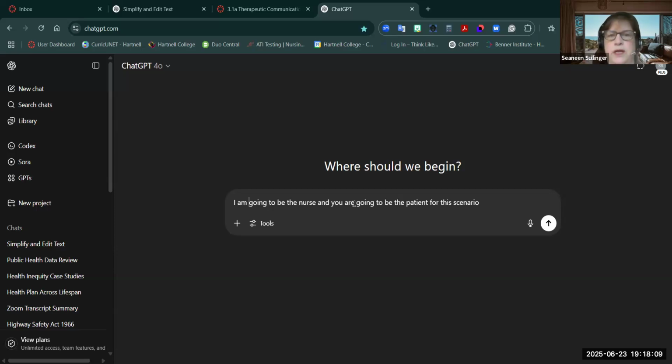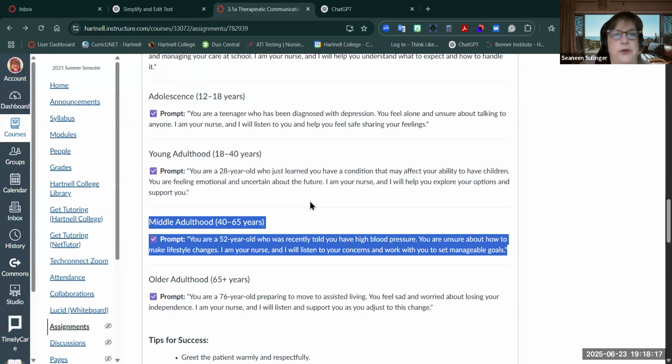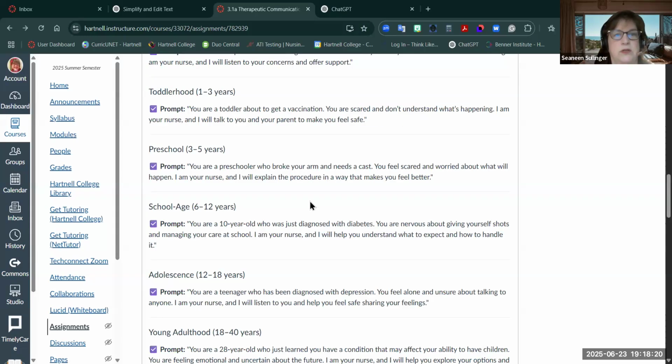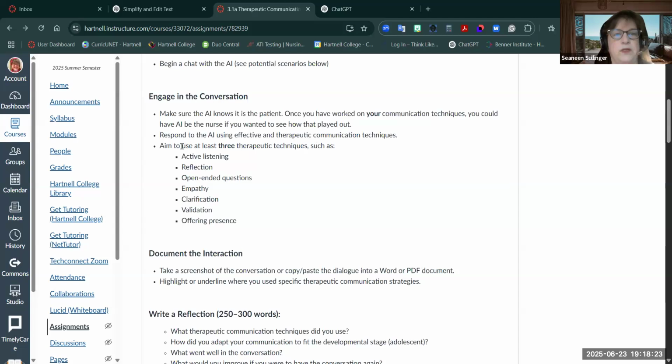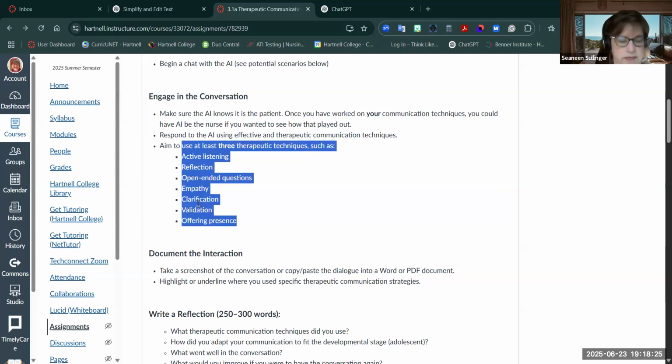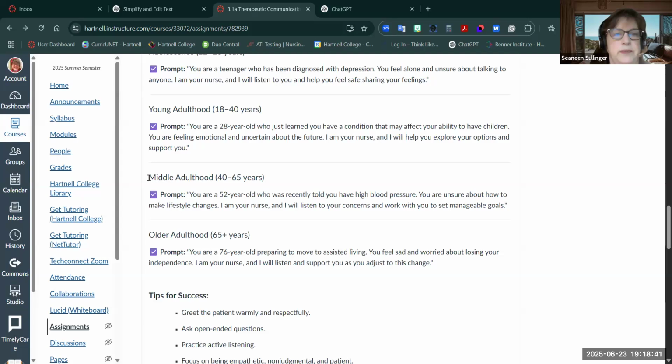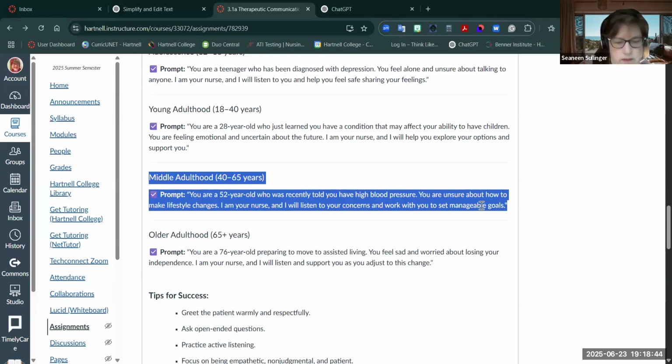communication. You can also, if you wanted to include, let it know that you wanted to include, where is it? Need to use at least 3 of these therapeutic techniques. You can copy that as well. It loves all that kind of information, but therapeutic communication, using at least that. And then I have to go back and recopy the one that I wanted because that just all went away. Told you, high blood pressure. Okay, copy.